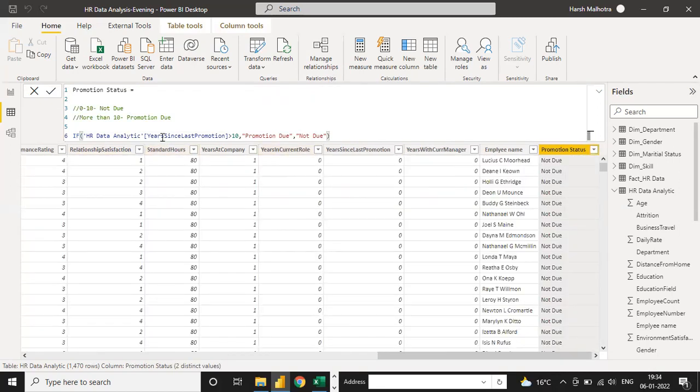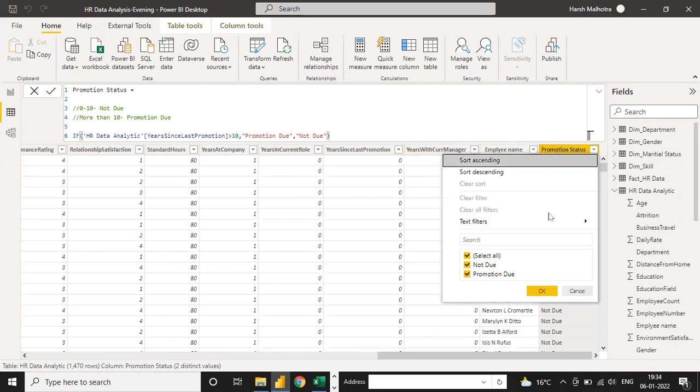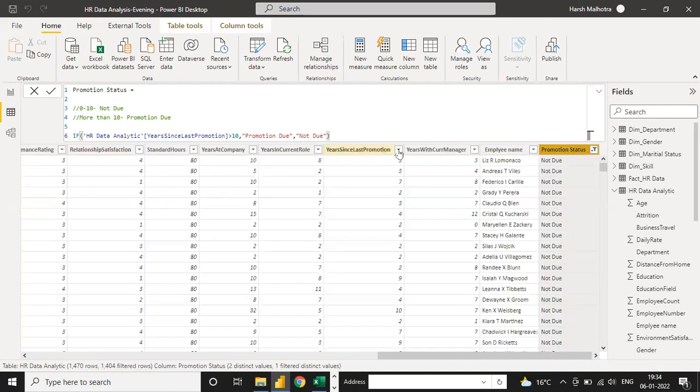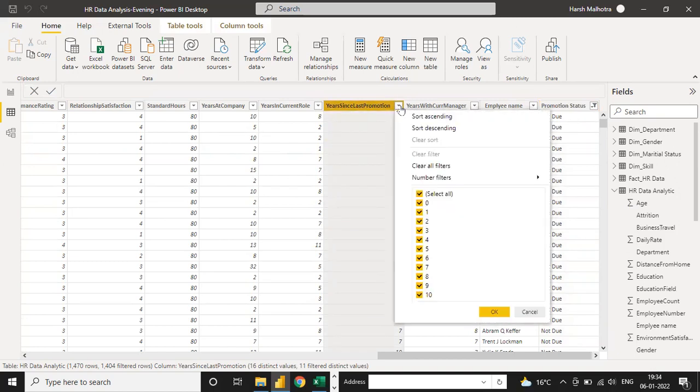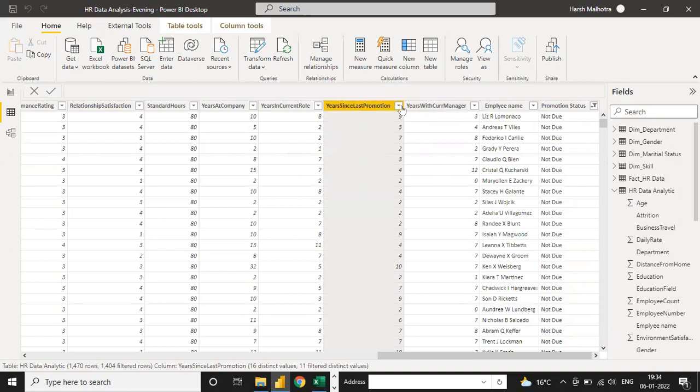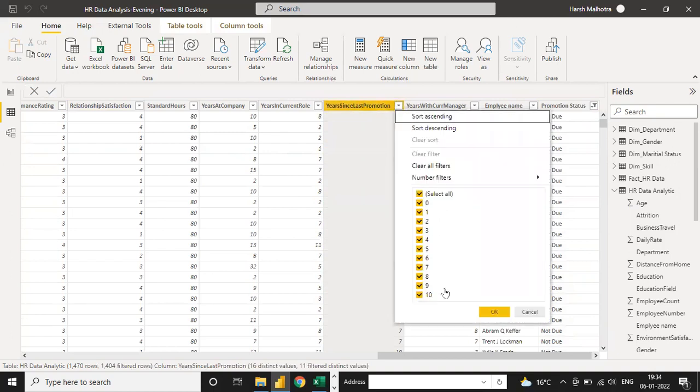If you have years since last promotion greater than 10, it is promotion due, otherwise not due. You can see here not due and not due. If you select only not due, you can see in this years of promotion activity column the value will be 0 to 10 only.